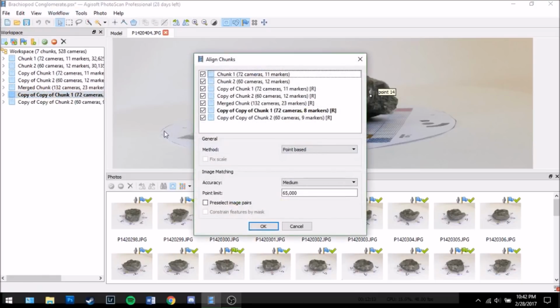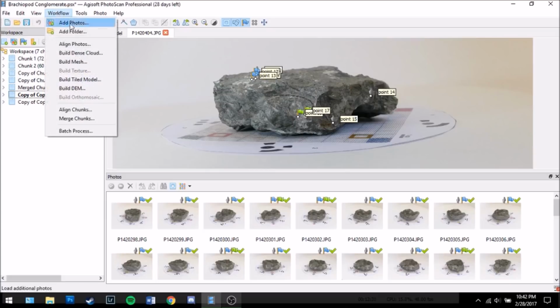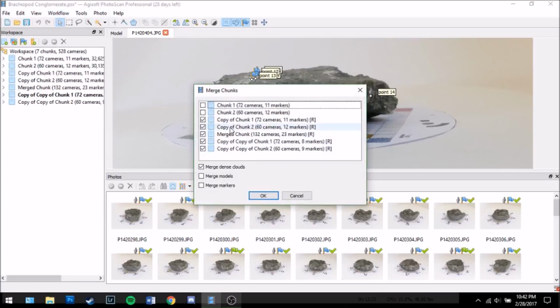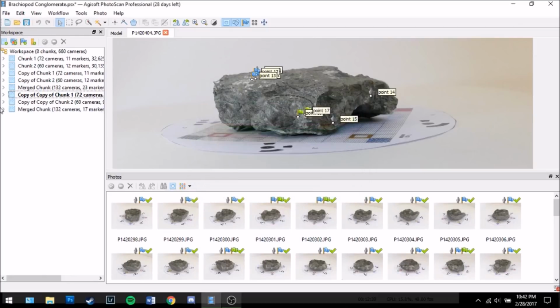So we're gonna go back into align. We're doing our copy ofs, but this time we're doing a marker-based alignment instead of trying to get the program to figure it out itself. So we're just gonna click marker-based and click OK, and you'll notice it's much faster. So then we're going to go back into our workflow. We're going to go into align now that we've merged. Merge our dense clouds. Again, much faster. And our merge chunk